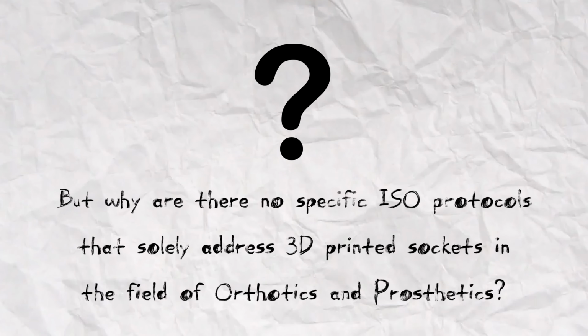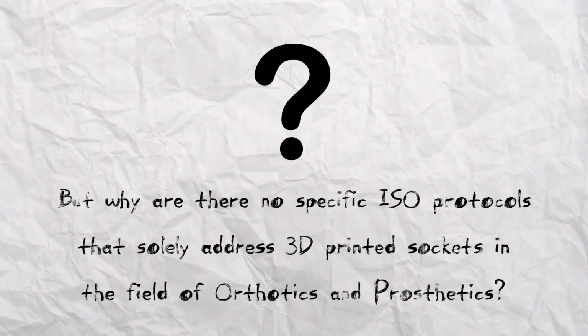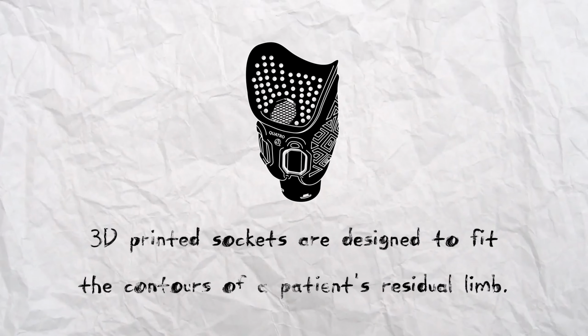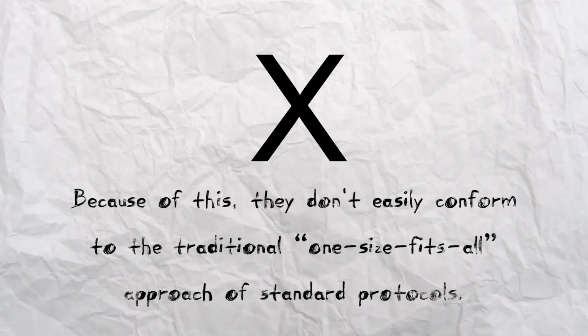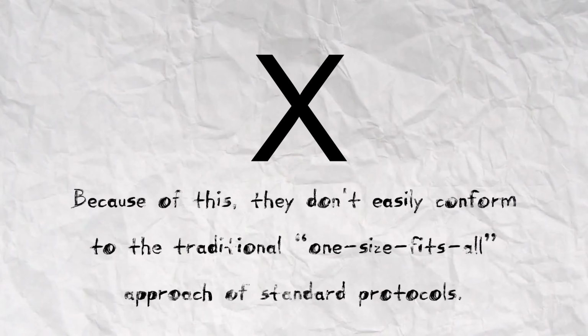But why are there no specific ISO protocols that solely address 3D printed sockets in the field of orthotics and prosthetics? 3D printed sockets are designed to fit the contours of a patient's residual limb. Because of this, they don't easily conform to the traditional one-size-fits-all approach of standard protocols. Each patient's anatomy, requirements, and preferences are unique, making it difficult to establish a single set of rigid standards that